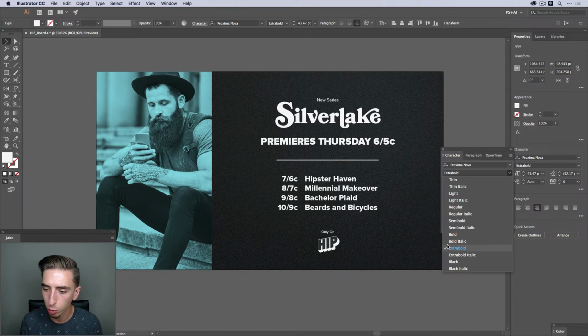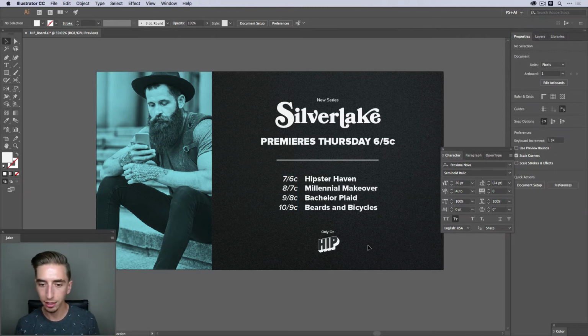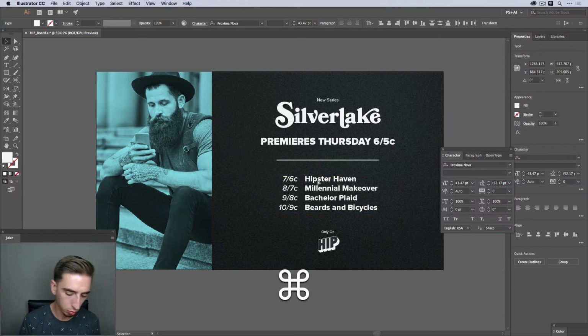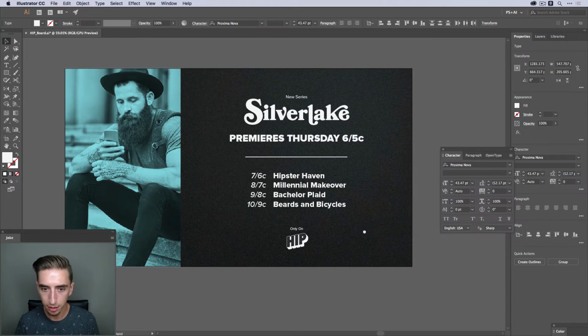So I'm going to go from extra bold, not down to bold, but down to semi-bold. But I also want to make it italic. And I think the weight difference there and changing it from regular to italic is going to differentiate it enough. And you can clearly see that's two different types of information. We've got the times and the show titles. So there we go. I'm going to make sure that's nice and centered